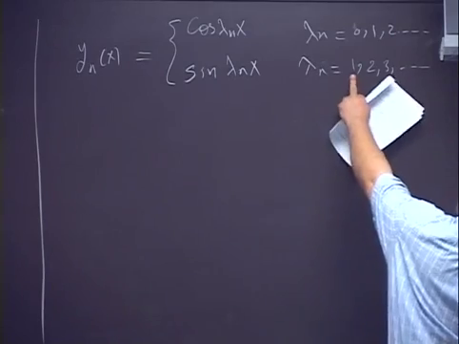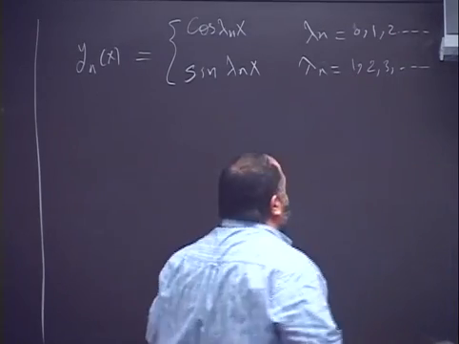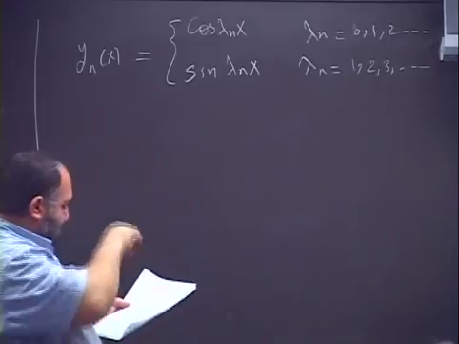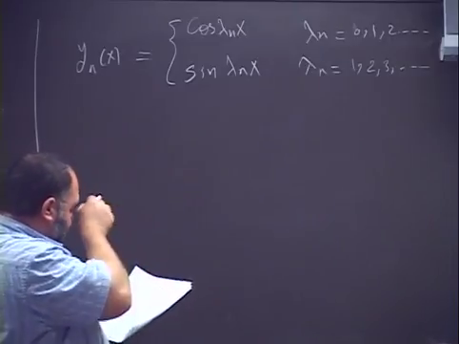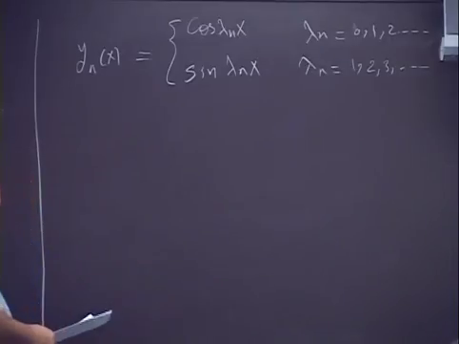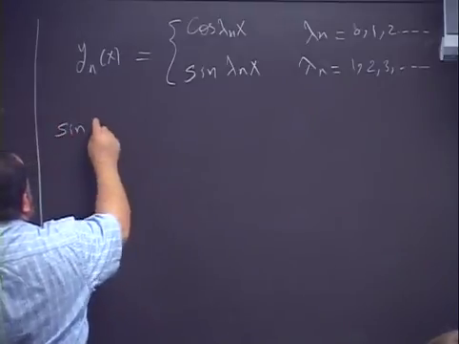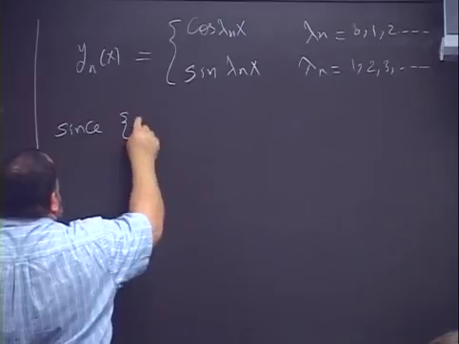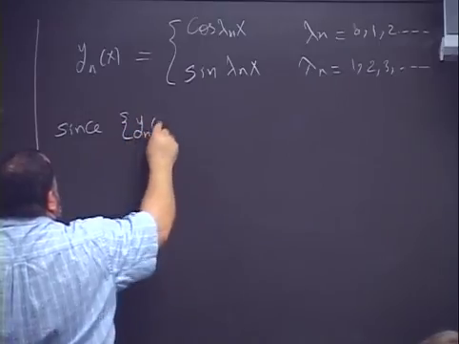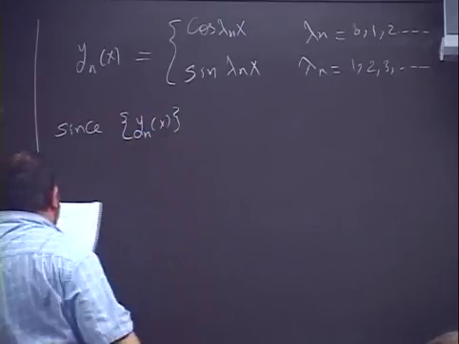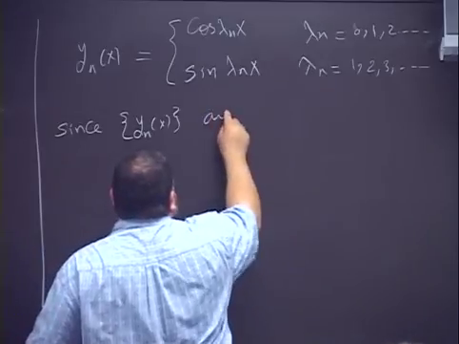You cannot start from 0 for the sine because sine 0 is just 0. Those were the eigenfunctions, and since those eigenfunctions are a complete set,